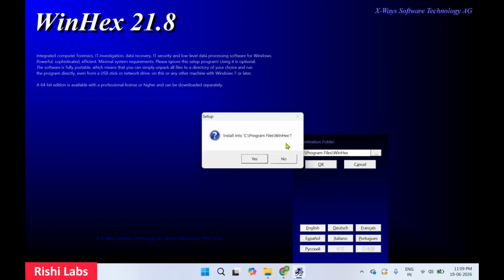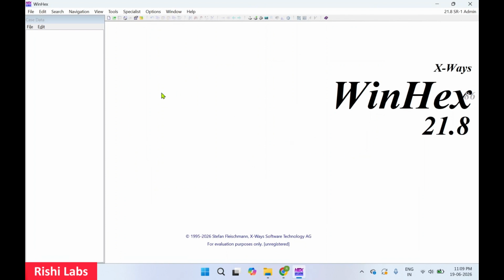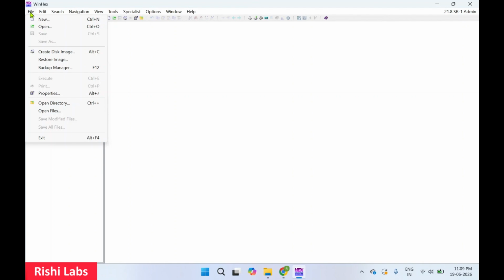This is the path where the software WinHex is going to get installed. Click on yes. Create program shortcut. Click on yes. Okay, setup complete. Run program. Click on yes, and it is going to launch this WinHex software. Okay, you can click on file and you can open